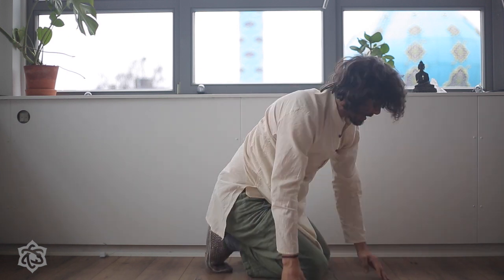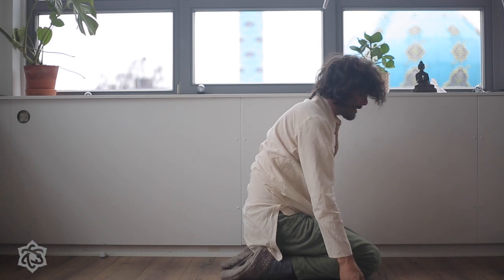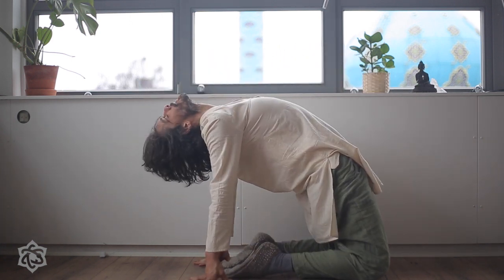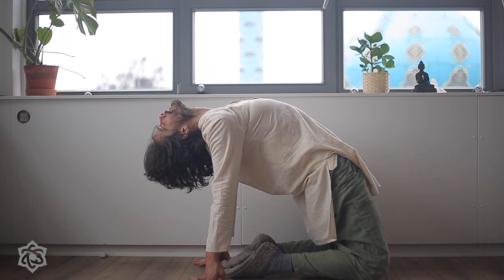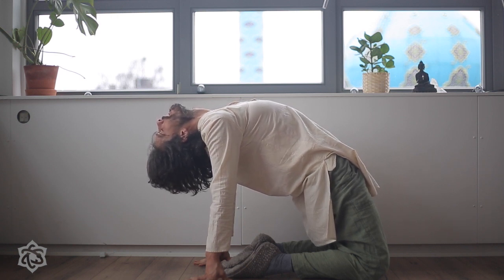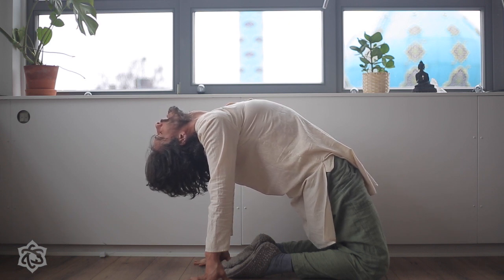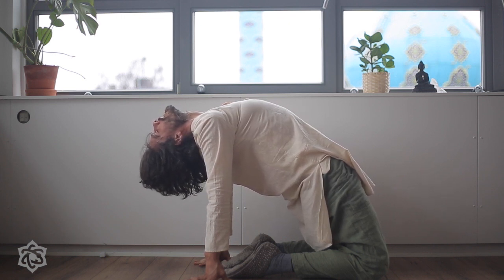I'm going to go again to one side. I'm going to drop the sit bones on my heels and the hands behind, and you're going to bring the torso up, getting into camel pose, relaxing the shoulders and withdrawing, feeling the stretch on the front part of the body, taking a deep inhale